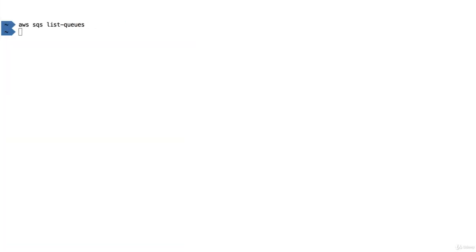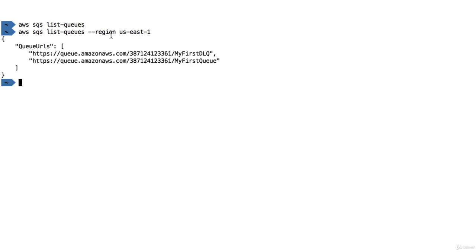So we have to specify the region. And so a way to specify the region using the CLI is do --region, and then we just specify the region name, so US East 1. So this is a very important command. The --region is applied to every single command and can just allow you to do an API call, a CLI call, against another region. So now, yes, using this API call, we can see we have two queues. We have my first queue and my first DL queue.